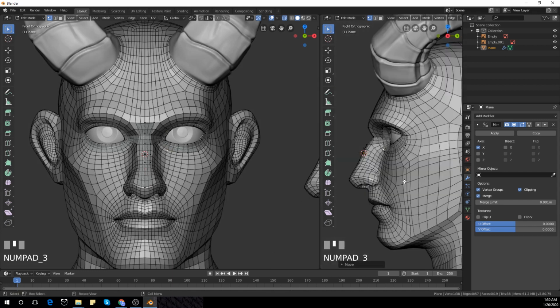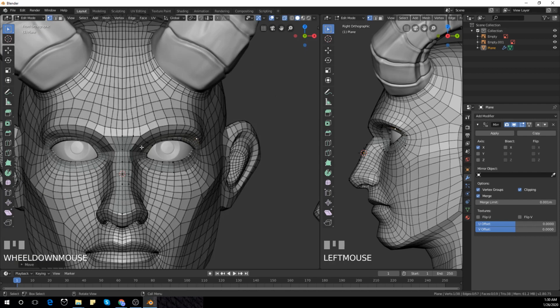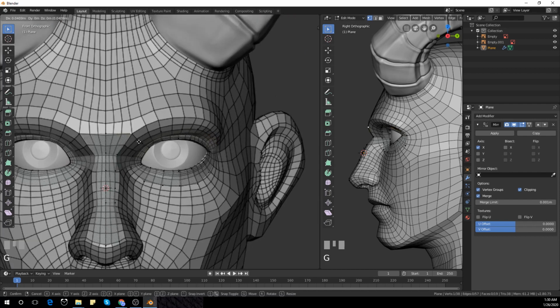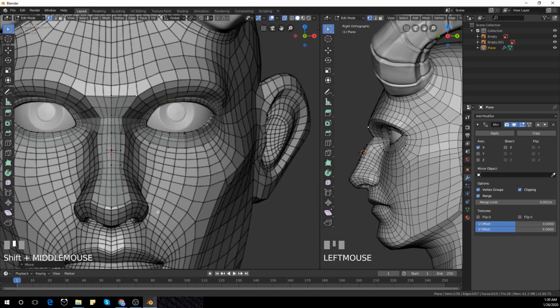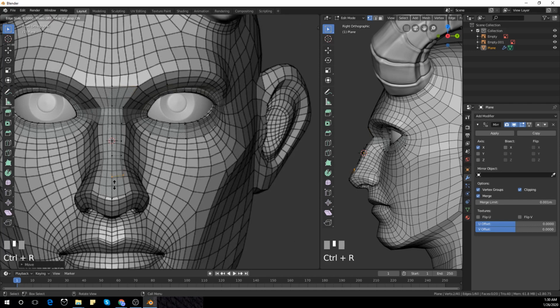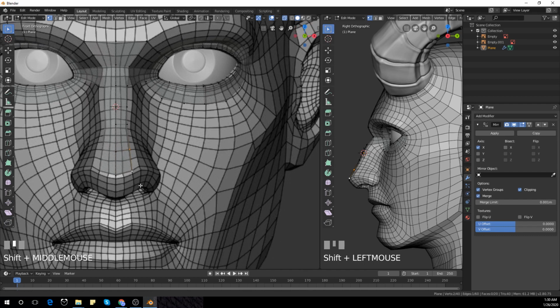We have to do the same thing in the top as well. G, Y, all right. So I'm gonna add another loop cut somewhere here. Control R, move it there. I'm gonna select these two vertices and extrude it out,